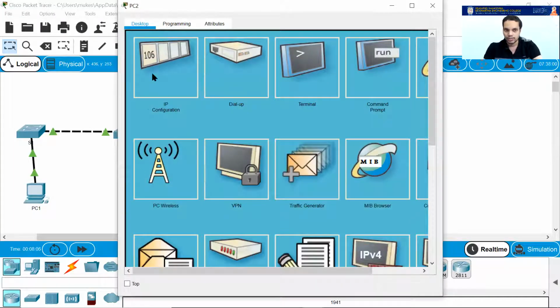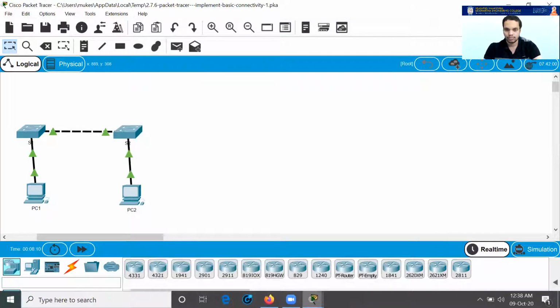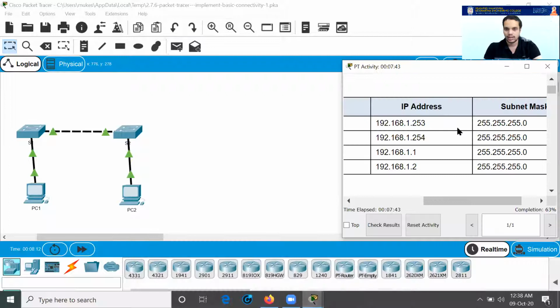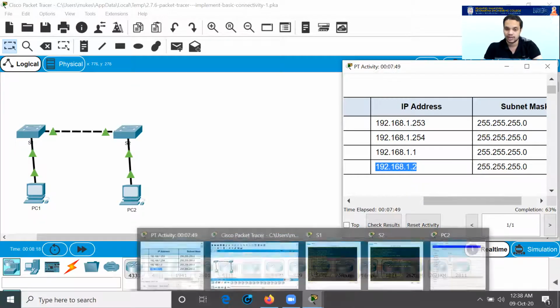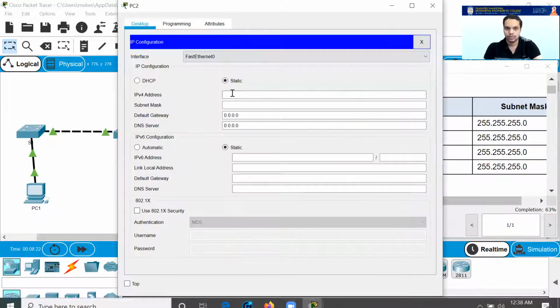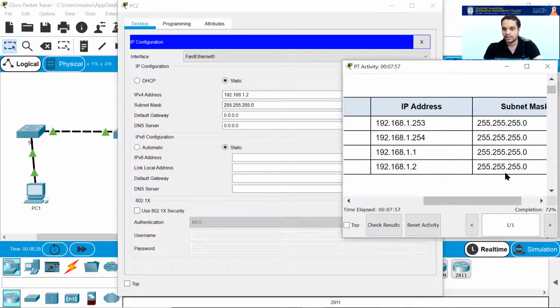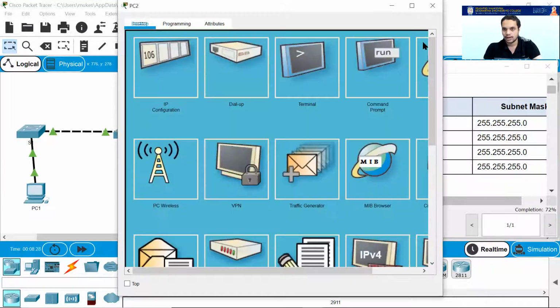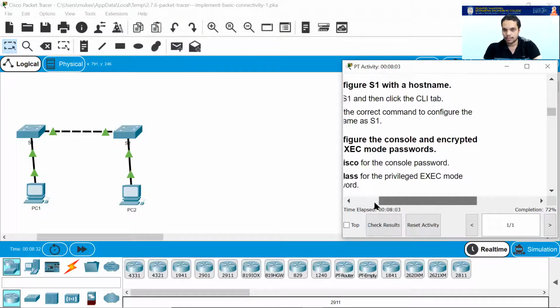After clicking on PC2, just go to the IP configuration, and to make things easier, let me copy paste it, 192.168. This is very much easier to copy paste if you're typing in an IPv6 address, which is pretty lengthy sometimes. Okay, so go to PC2, type it here, and press tab. It automatically autofills the subnet mask, which is the same, and close. Okay, done. Okay, let's come down.